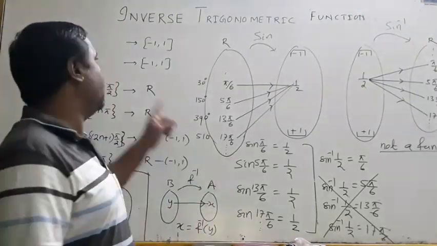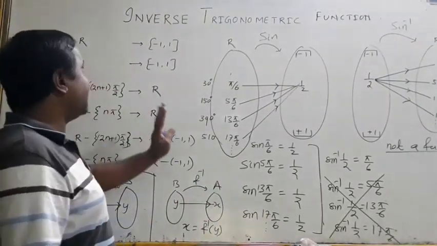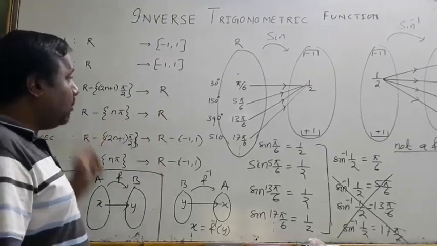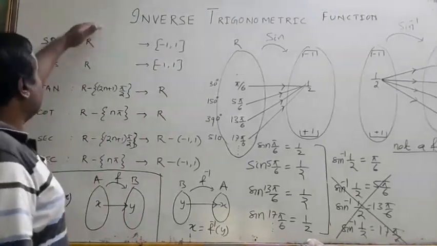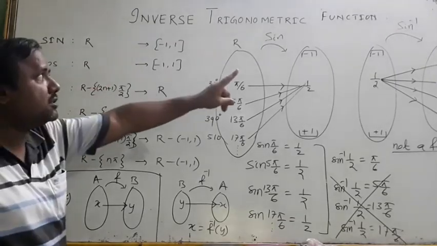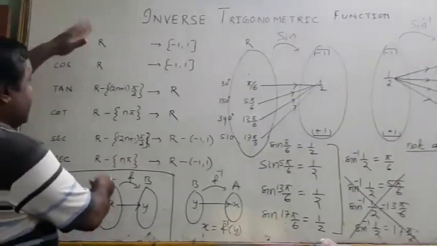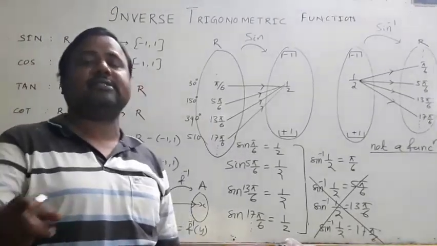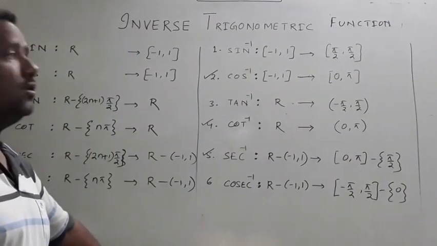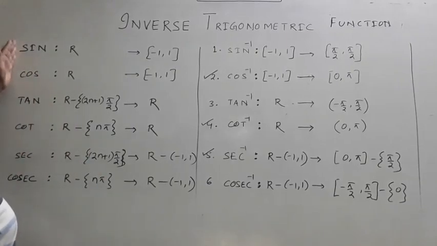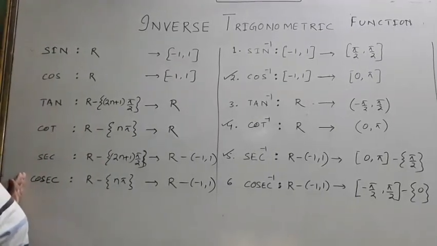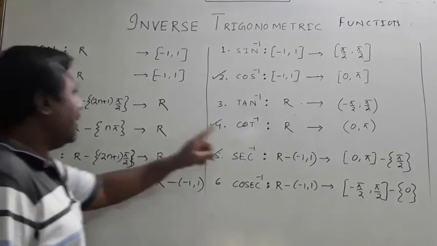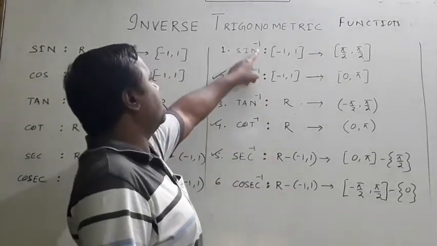Now I am going to tell what the restrictions are. All the ranges will come to the domains, but these domains for inverse trigonometric functions will be restricted. Okay, I will tell you another story and start. Look here. In these trigonometric functions, the ranges are taken as the domains of the inverse trigonometric functions.